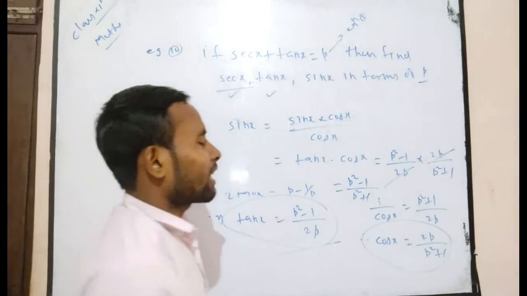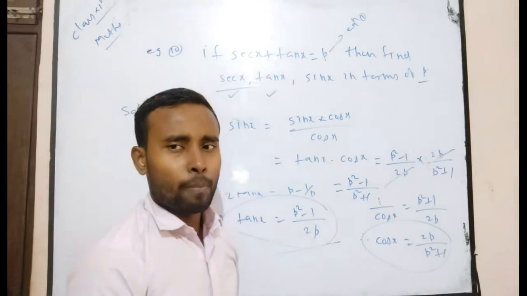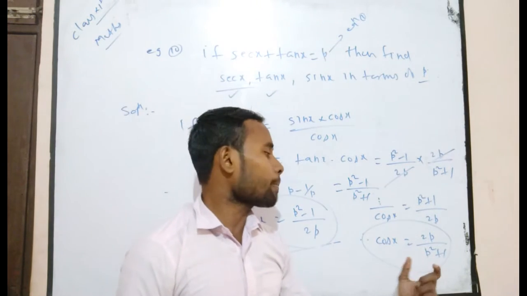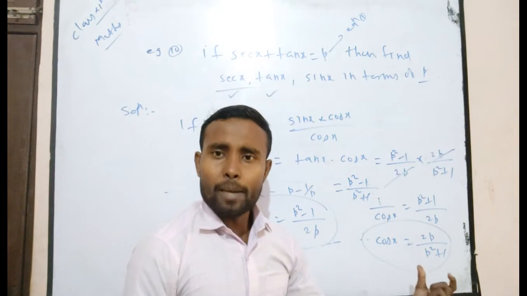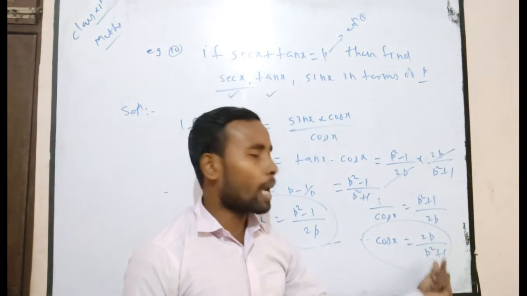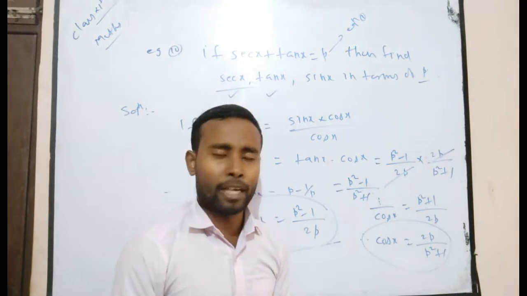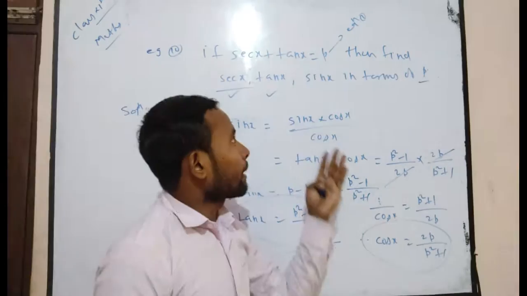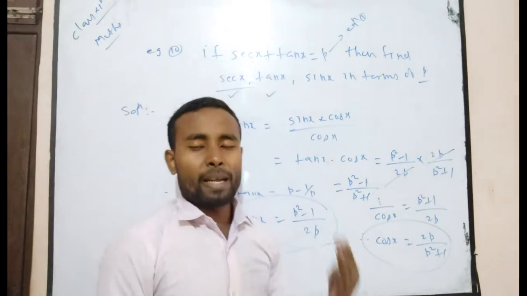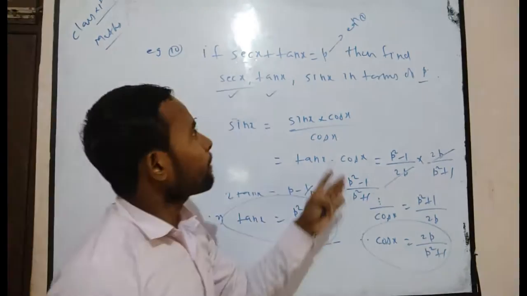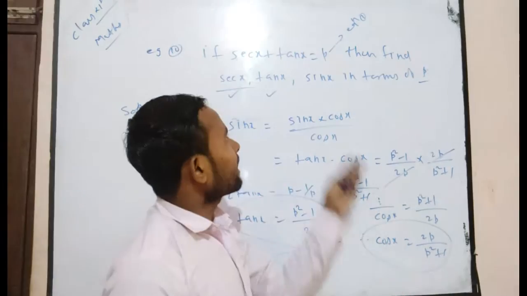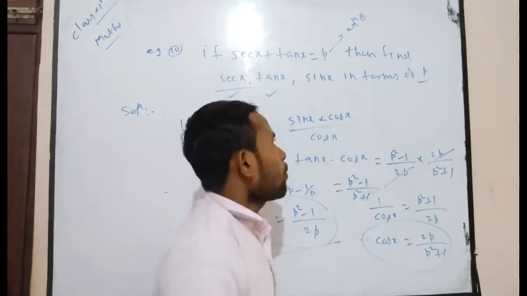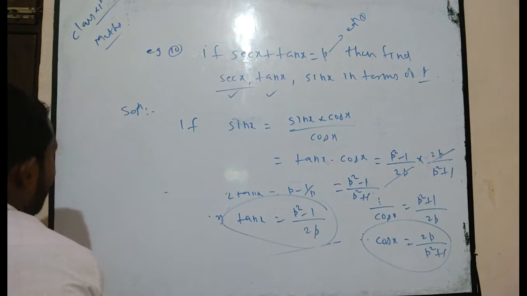Or else, you can calculate here cos x is equal to 2p by p square plus 1. You can consider 2p as a base and p square plus 1 as a hypotenuse. After it, with the help of base and hypotenuse, you have to find the value of perpendicular, and simply tan x is equal to perpendicular by base, and sin x is equal to perpendicular by hypotenuse. With the help of this concept, you can find tan x and sin x values by another method. Now we take the next example. I think you understand this concept.